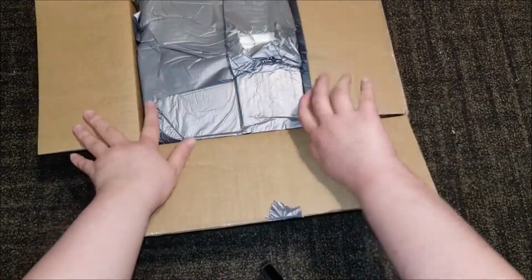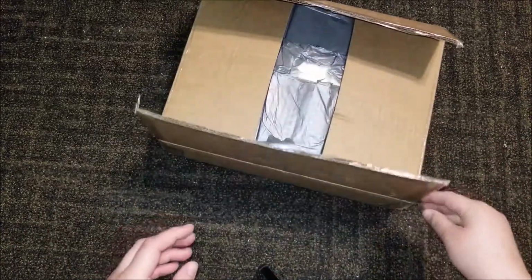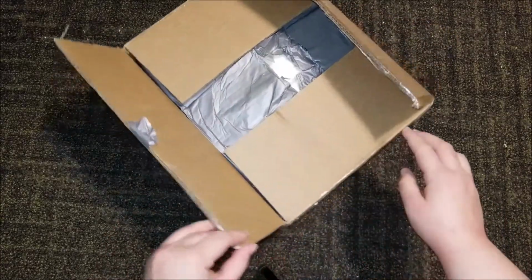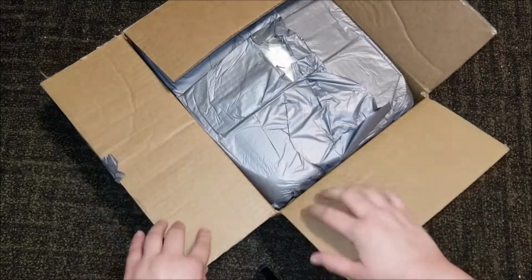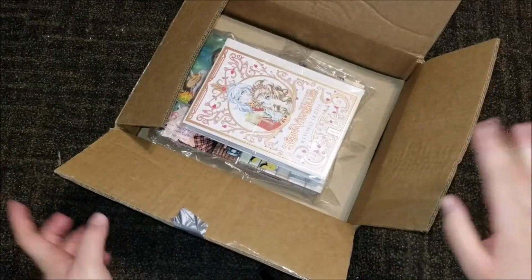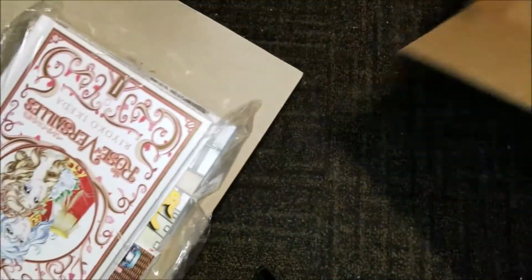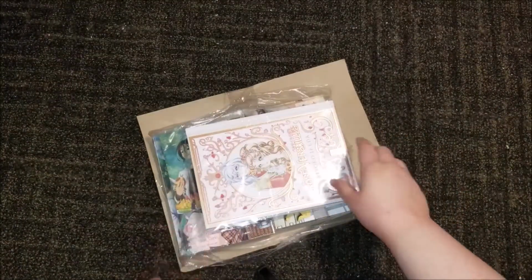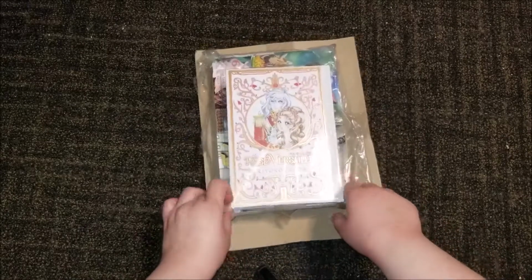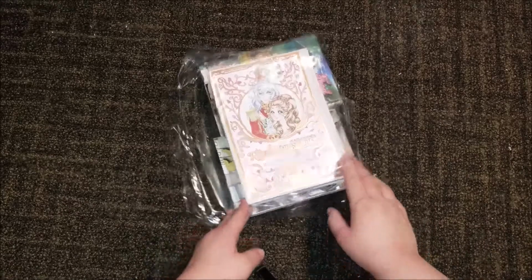But yeah, anyway. Let me double check to make sure my slip is okay. I am sorry about that. I did open it up to get out the packing information slip because it was right on top. But I did put everything back the way it was. So yeah, let me take those out. And let me try to get this out. Throw that over there. So yes, finally. Okay, I'm sorry about that. My camera just shut off for no reason. So I already got it out and taken it out, but